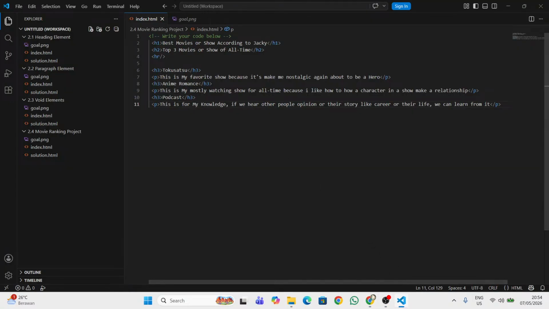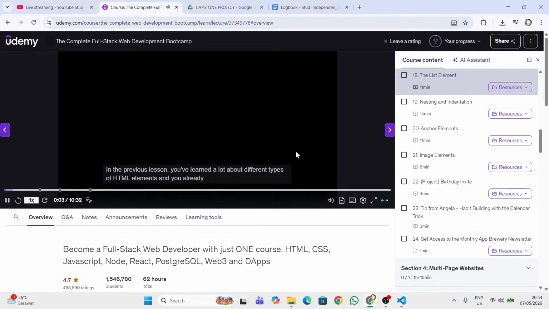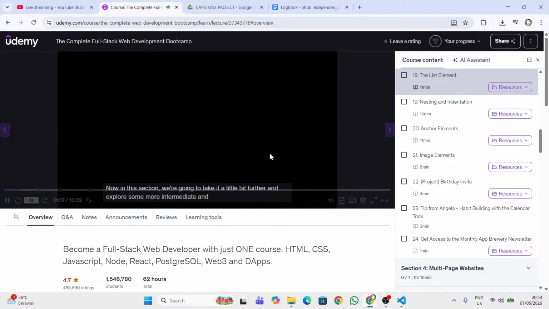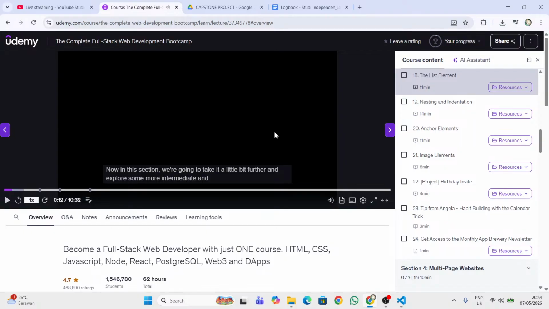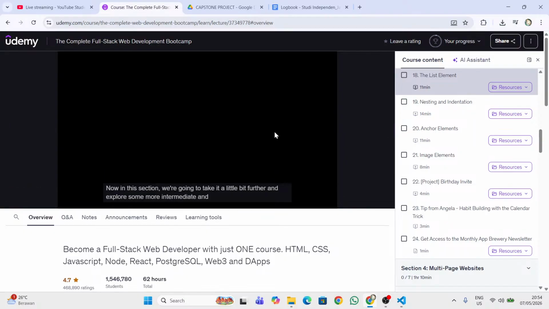Hey guys, in the previous lesson, you've learned a lot about different types of HTML elements and you already started building websites. Now in this section, we're going to take it a little bit further and explore some more intermediate and advanced